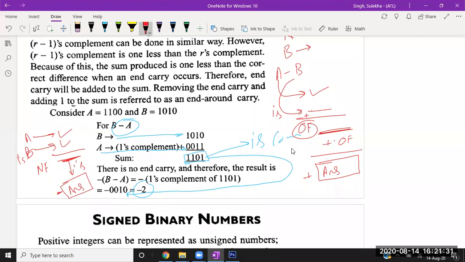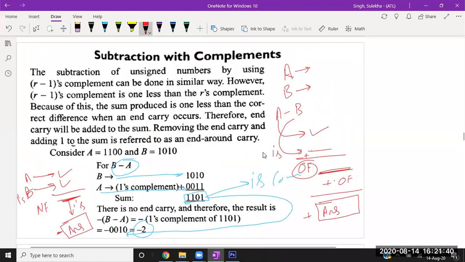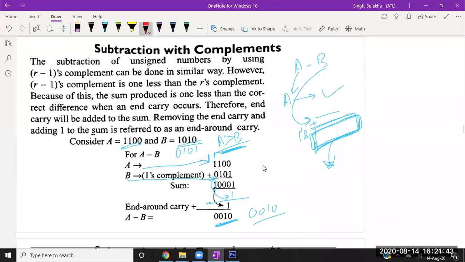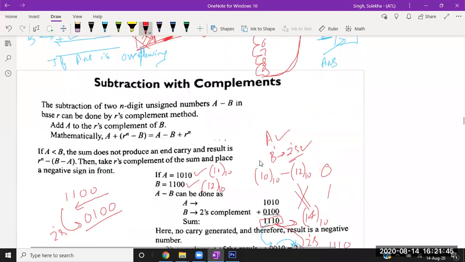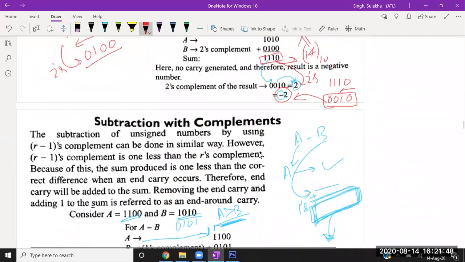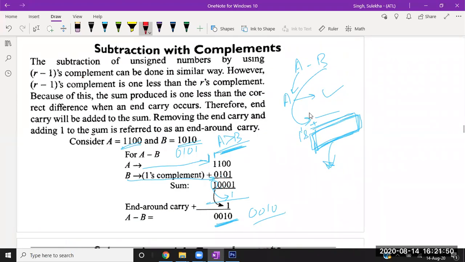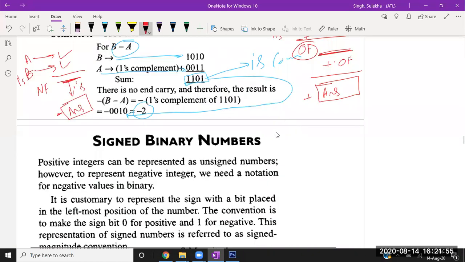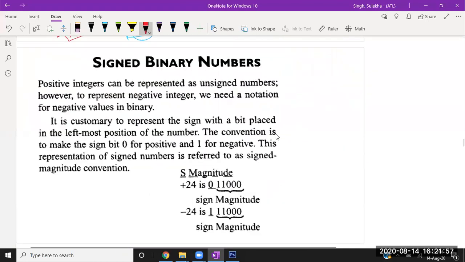Okay, so these are the two things to take care of while coding, in the form of programming. Whenever you code for subtraction, you can code in the form of one's complement, or you can code in the form of two's complement. For two's complement, you need to follow the two's complement steps you have analyzed now, and for one's complement, you need to follow the one's complement steps. So these are two methods of subtraction.